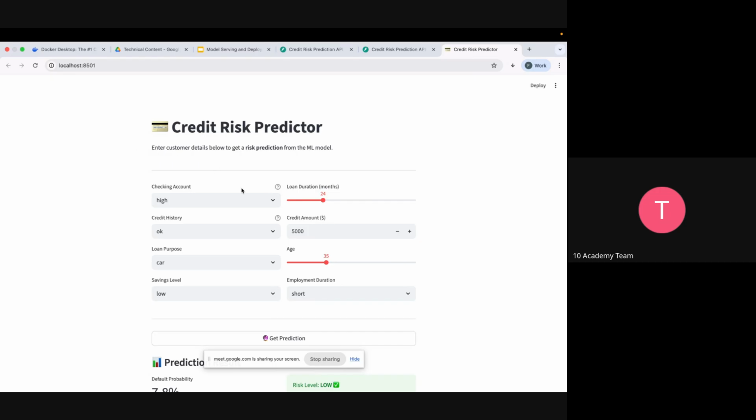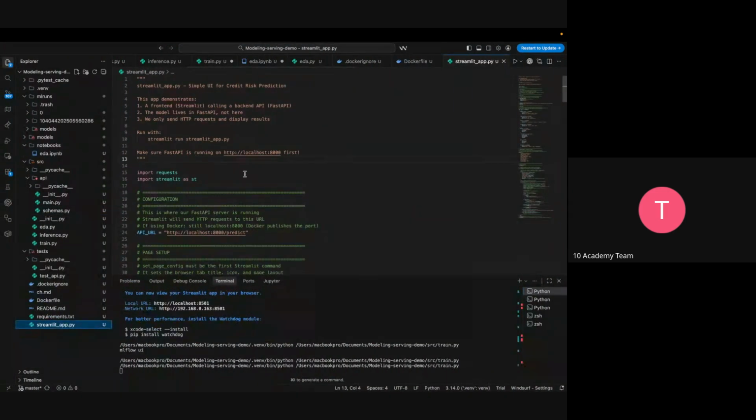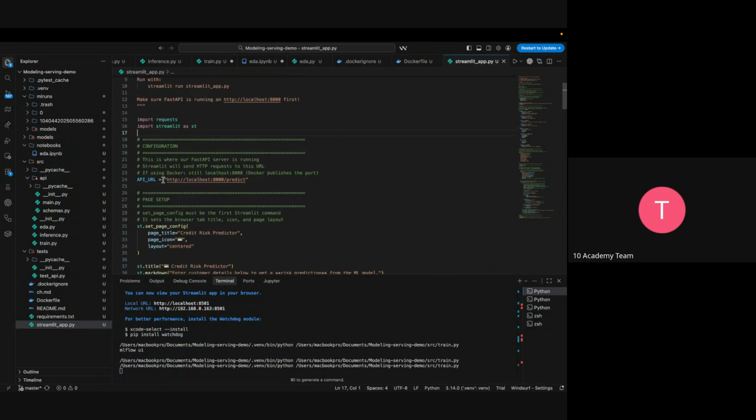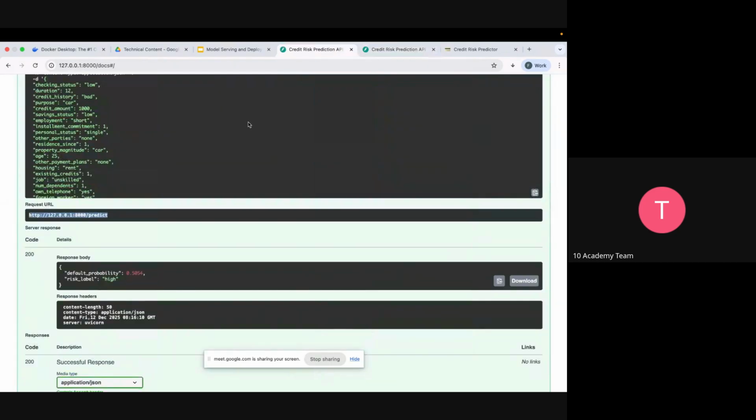So this is the Streamlit application which we built for this case only. So you enter the API URL, see here the API URL, the predict one we mentioned earlier, which is this one. It gives you a URL, no other complication or